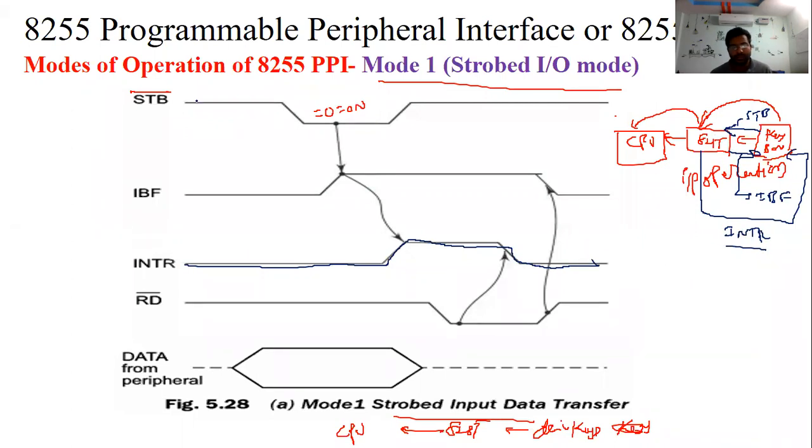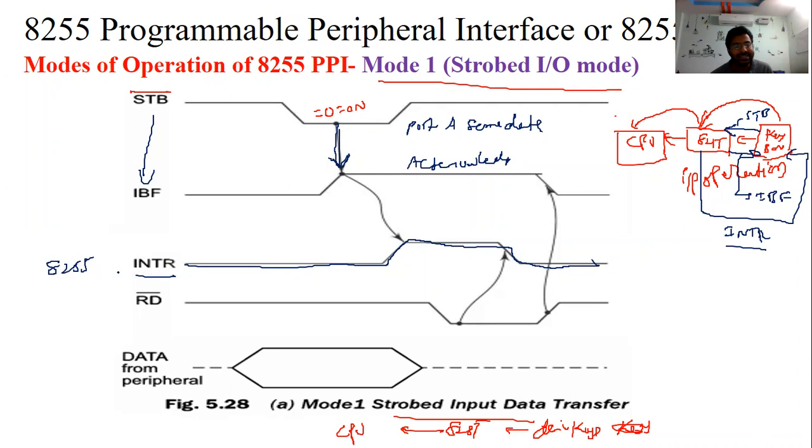So see this operation by seeing this timing diagram. IBF is on, so there is some data in this port, for suppose port A. So this is acknowledgement. If there is data, the acknowledgement is generated. See these arrows. Once STB is generated, then after that the IBF. What is the meaning of interrupt request? Who can generate this interrupt request?